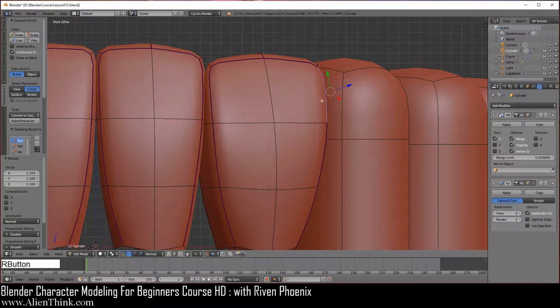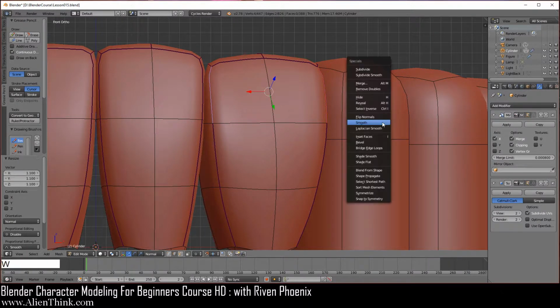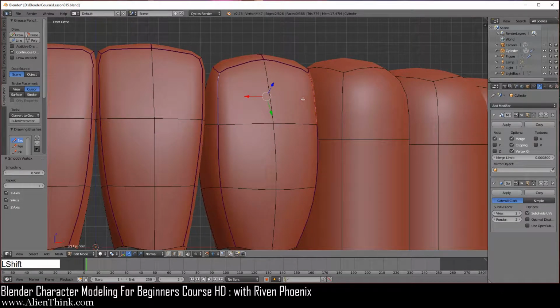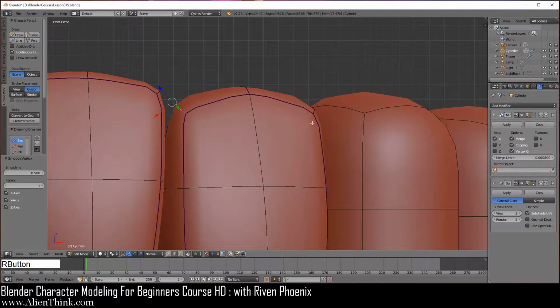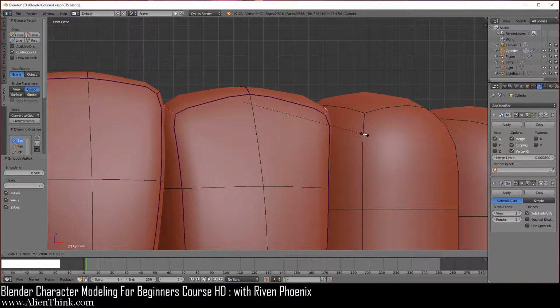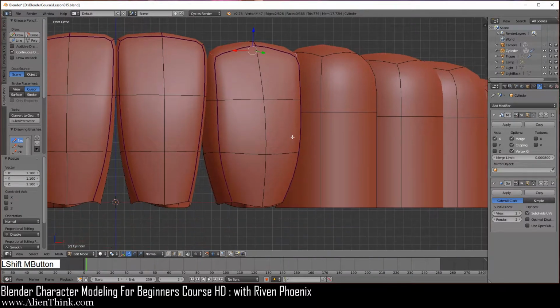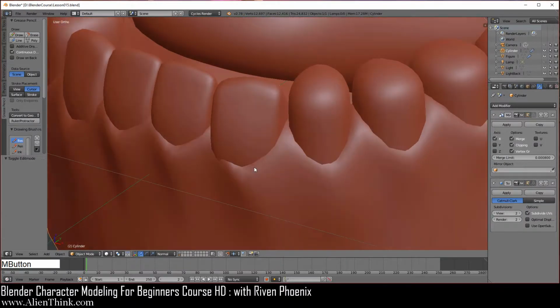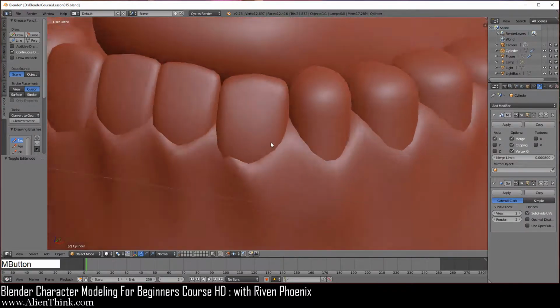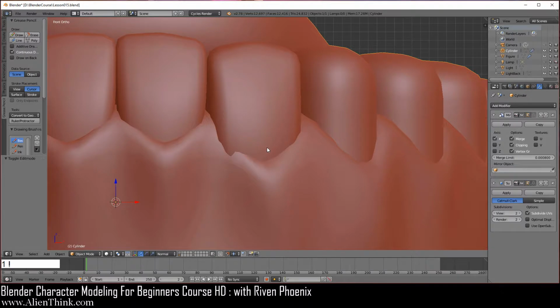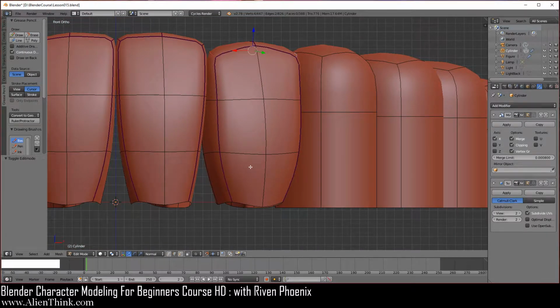So now I'm going to click on this one, shift key on this one and just do W and then smooth to make it come in again. And now we can click on this one, and just scale it again 1 over here, and 2 is a little too much, so I'm just going to do 1 over here. Okay, now if I do tab, you can see that how we're starting to get this idea of the tooth over here. Okay, we're just going to click on this over here. So what we want to do is basically click on this one over here.